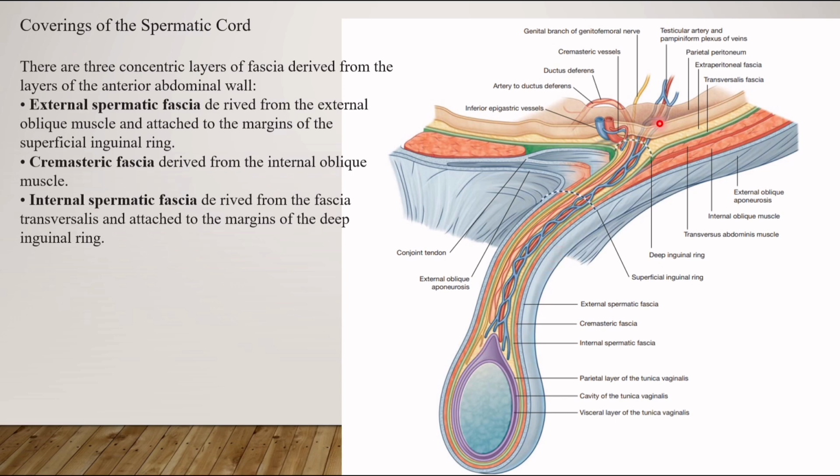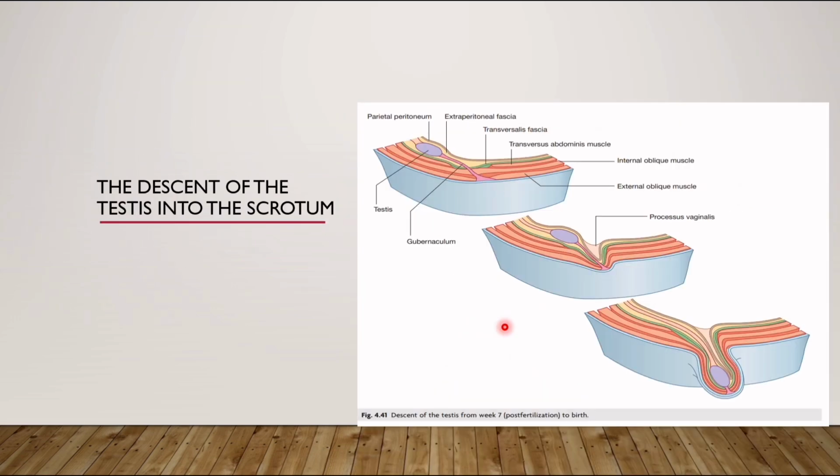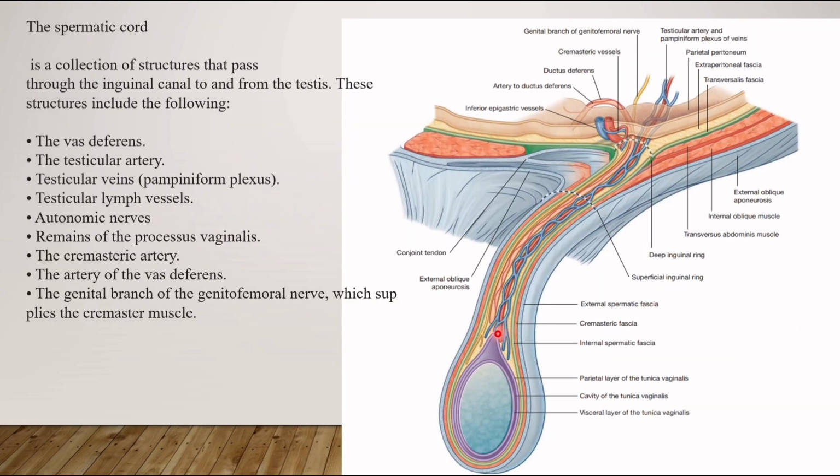Then the spermatic cord has contents. There's the testicular artery and vein. The testicular vein is also called the pampiniform plexus. It helps in heat countercurrent exchange, so as to moderate the temperature in the testes. Then there is the vas deferens, the artery to the vas deferens,